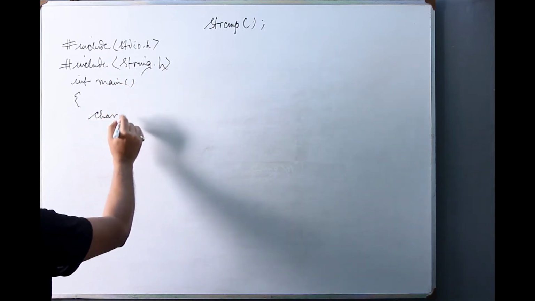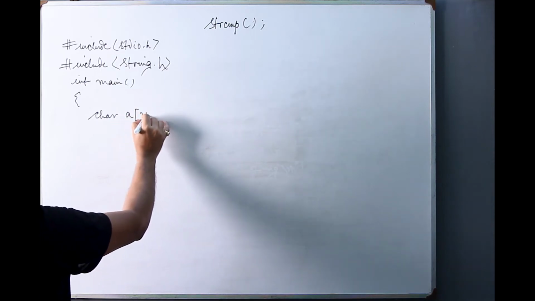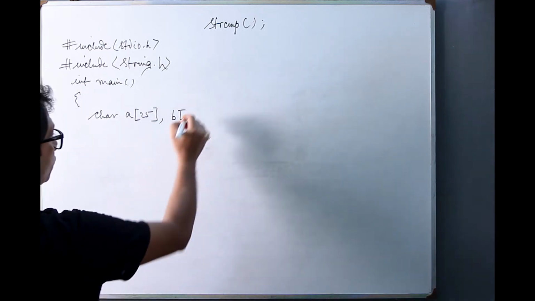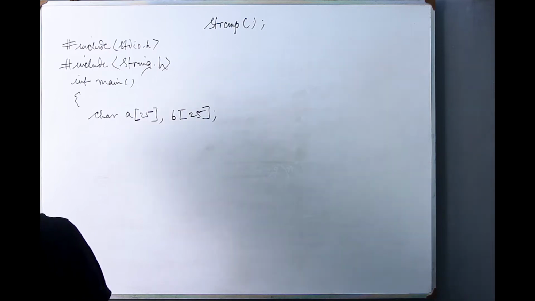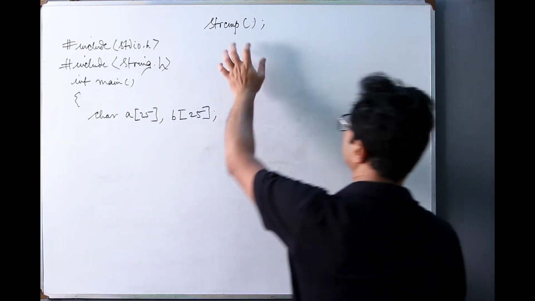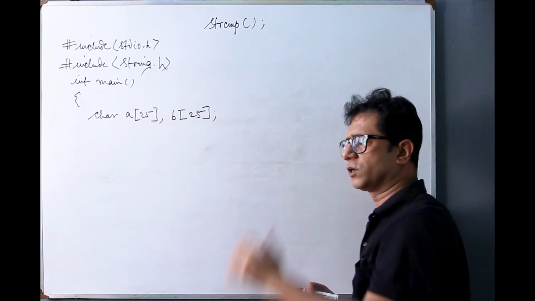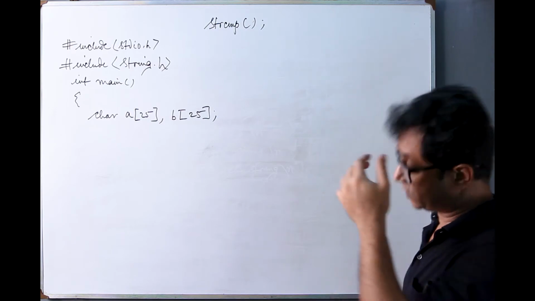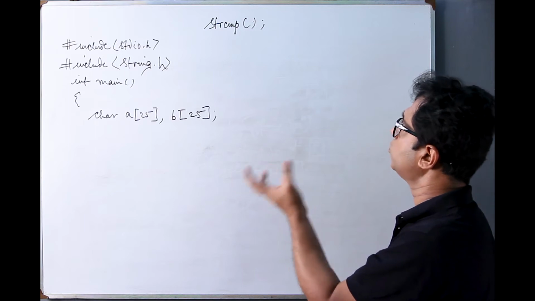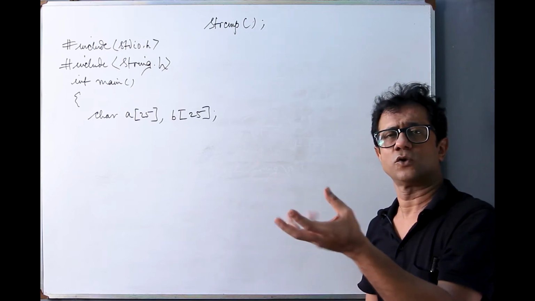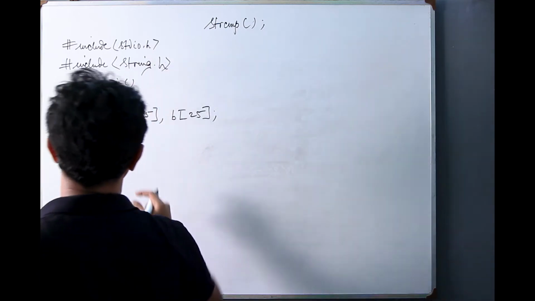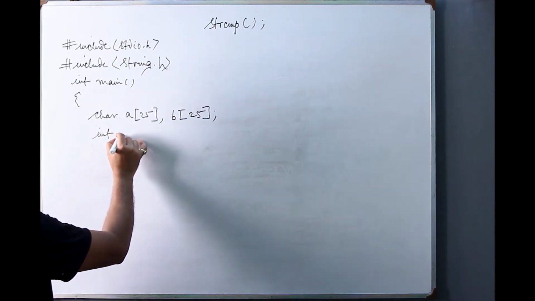suppose we take two strings, char a[25], b[25], and suppose we take another integer variable for this program, which will hold the return value from the strcmp, because it returns some integer value after being executed. If the strings are equal, as I've said earlier, it returns a value 0, and if the strings are unequal to each other, it will return some non-zero integer. So we are going to store what is returned from the strcmp function in an integer variable, suppose int c,